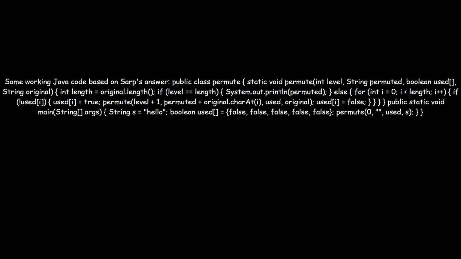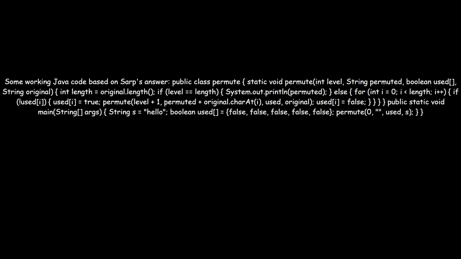Some working Java code based on SARP's answer. public class permute, static void permute(int level, String permuted, boolean[] used, String original) { int length = original.length(); if (level == length) { System.out.println(permuted); } else { for (int i = 0; i < length; i++) {